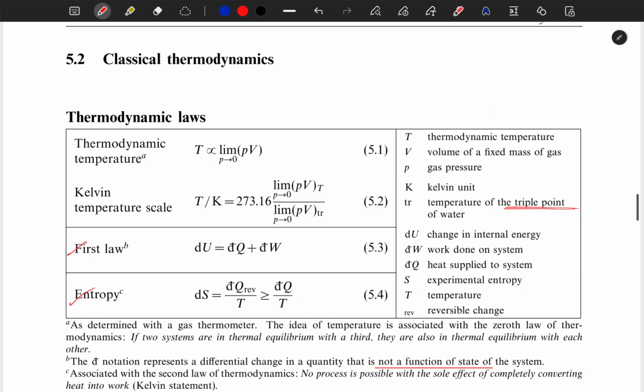So first, classical thermodynamics. Thermodynamical temperature T is proportional to PV when P tends to 0, and Kelvin temperature is the ratio between this limit, PV at temperature T, divided by PV at the temperature of the triple point. The first law of thermodynamics